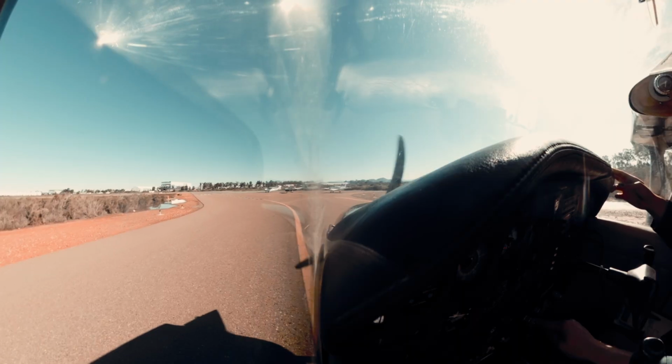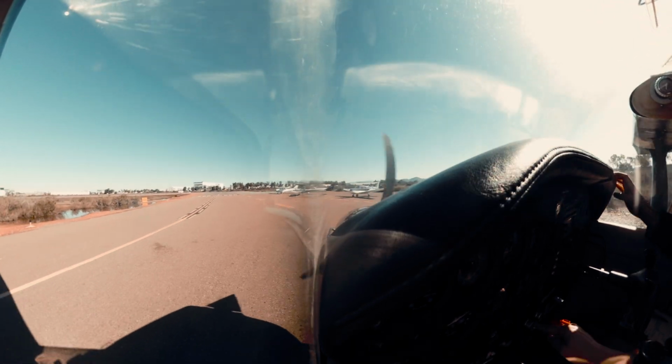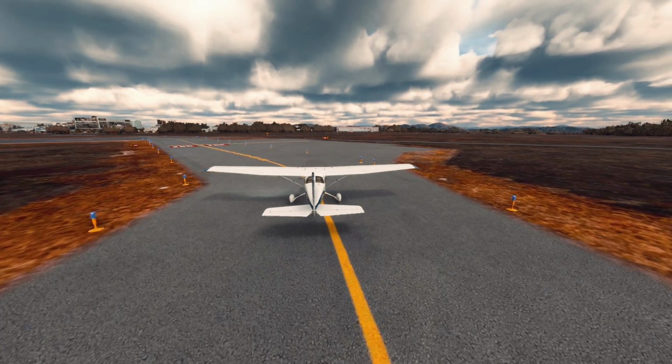173 Sierra Papa cleared for Santa Maria Hotel. Maintain runway heading to